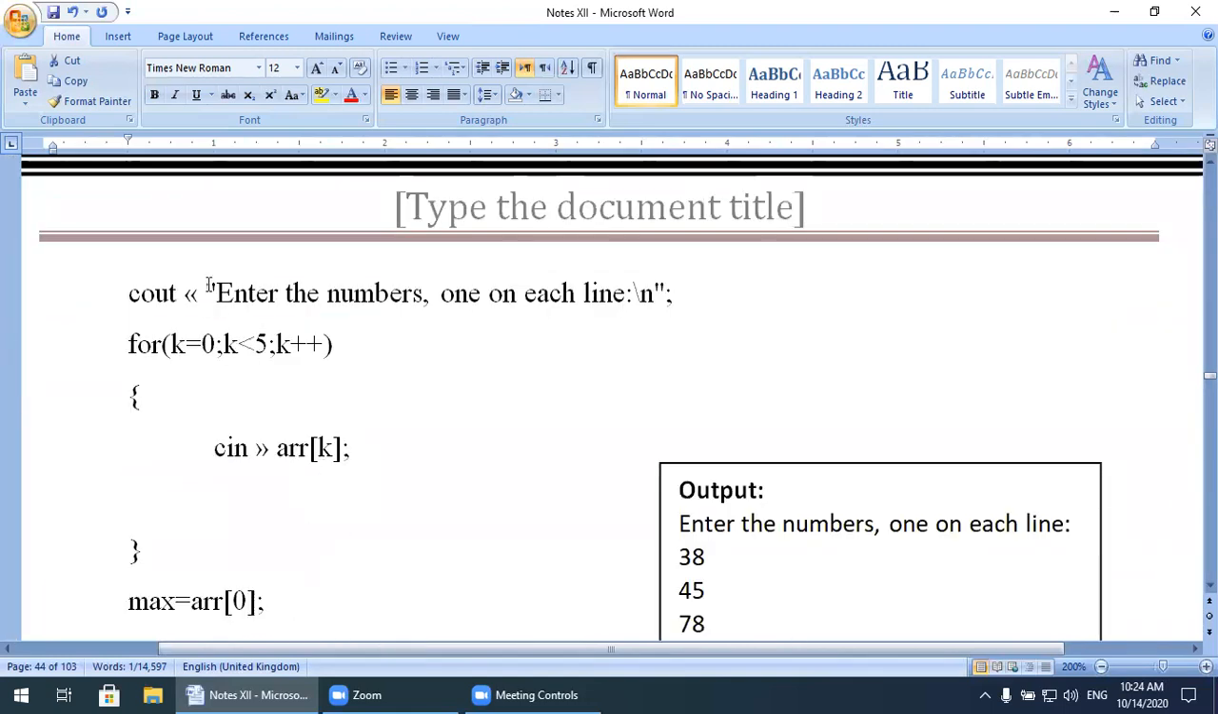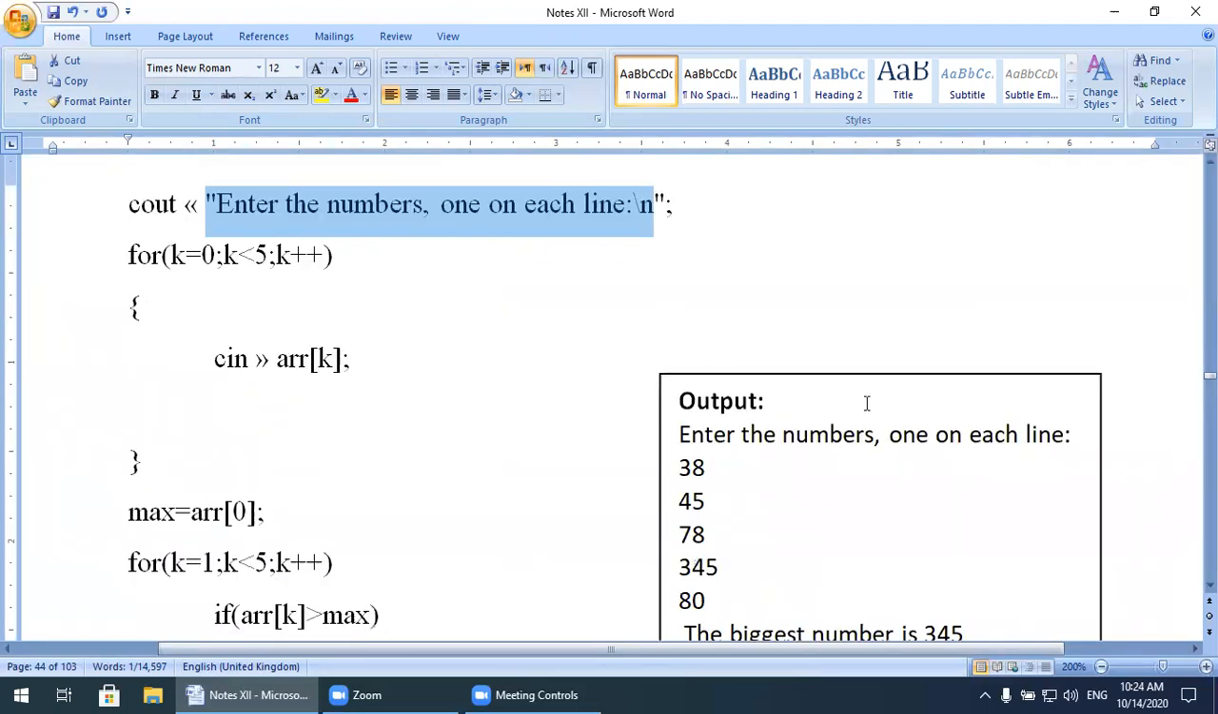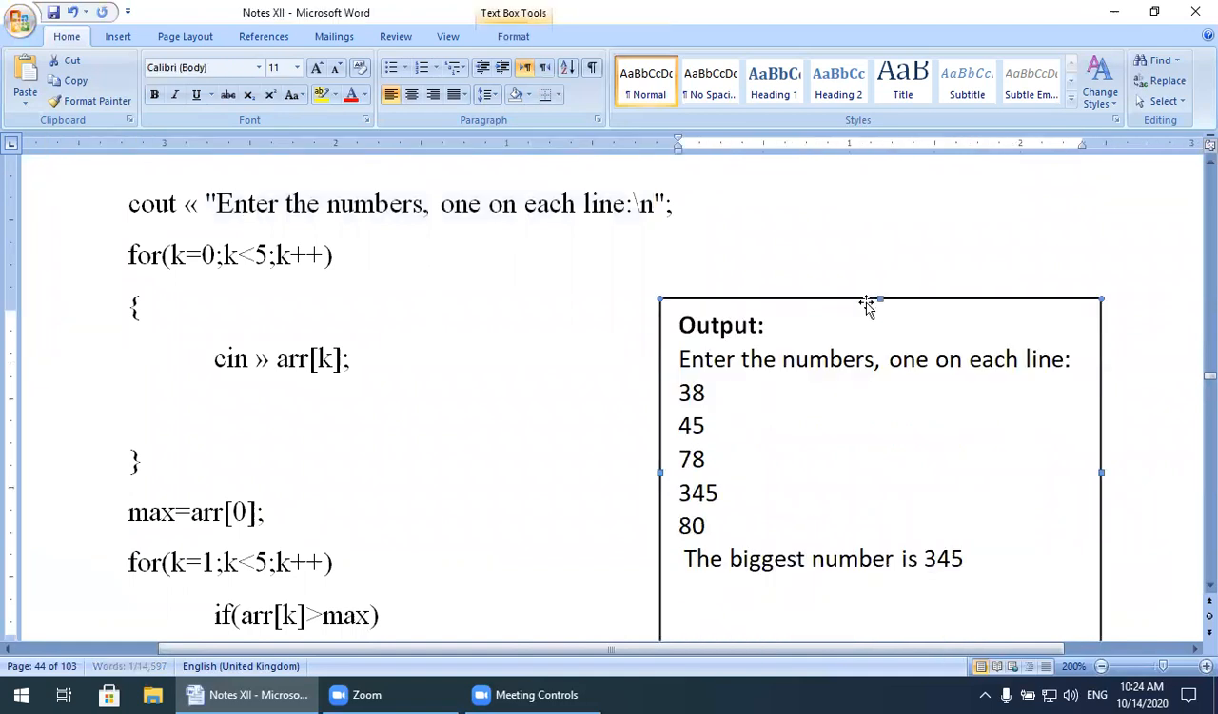cout, enter number 1 on each line, backslash n. One on each line means first of all we enter the number. Watch here, I will show you the output. The message which I write in the cout statement will show on the output screen. Now, for